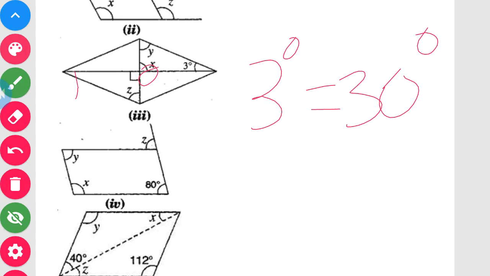So here you need to brush up your previous knowledge of transversal lines, where you study the types of angles: alternate angle, corresponding angle, adjacent angle, and many things. I will try to give you a source, or a helping hand, a video on transversal lines, so it will be a revision for you all, and you can also solve the problems comfortably. So we'll go with the next one here.